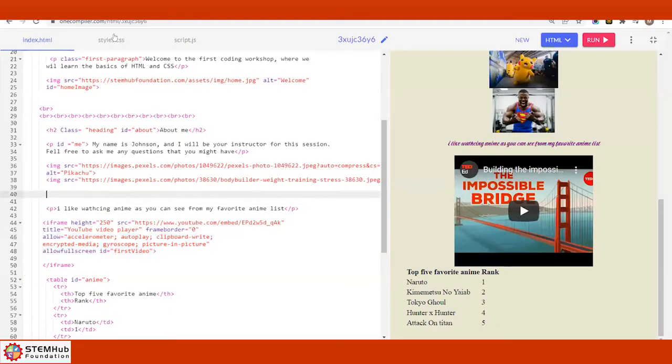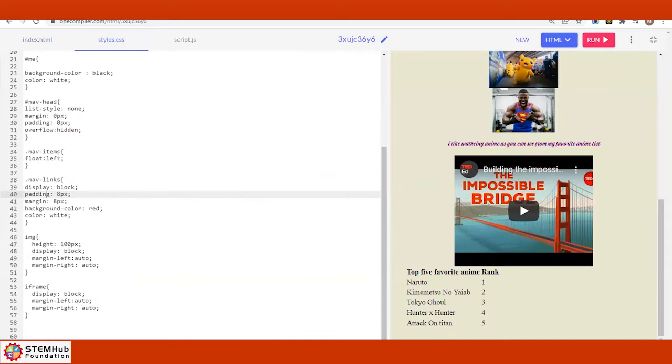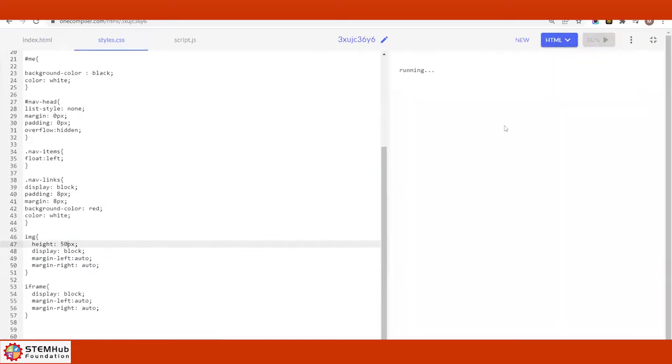All right, great. So does everybody have 2 images? Because I want to show something. Everybody, if you have 2 images, this is what I want to show you. Can you see my one compiler? All right, so I have 2 images here. It's controlled by the style CSS. So whatever I put in my style CSS, if I put 50 here, all my images, when I run them, are going to be really small.